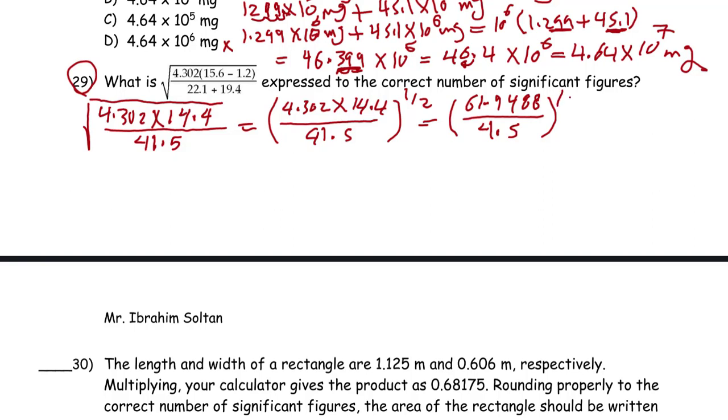Okay, 41.5 to the power of half. Let's write this on the calculator. It equals 1.49. Here, 1.49 to the power of half. Let's use the calculator and see the answer. The answer here is 1.220